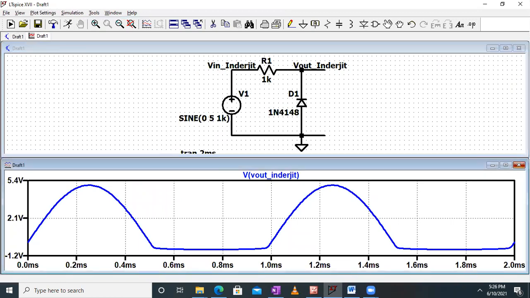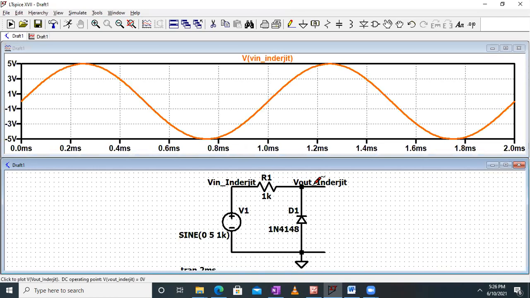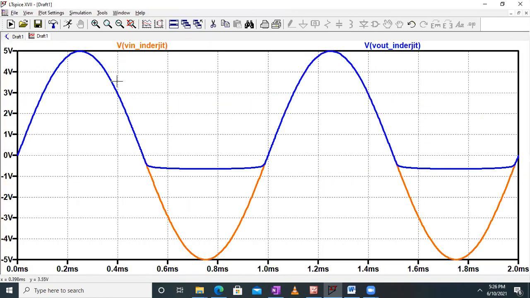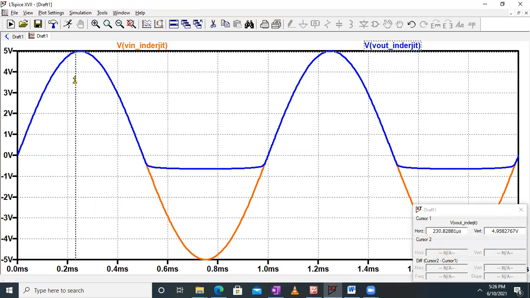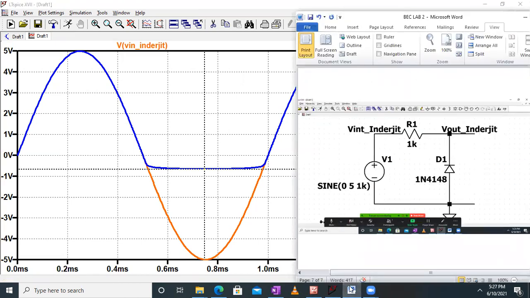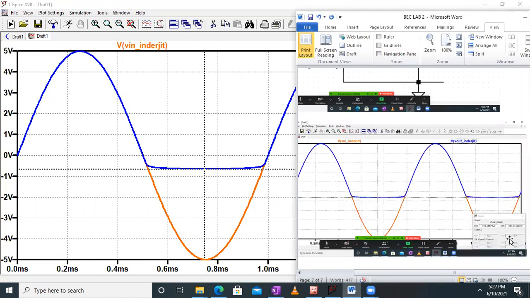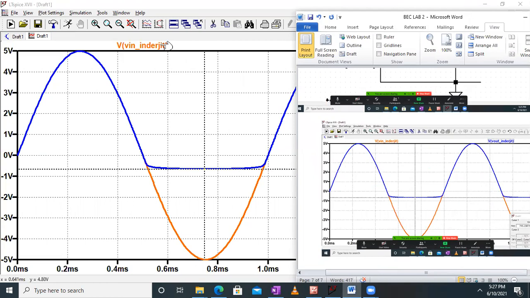So this is my V out. Let me simulate it quickly again. V in and V out. Okay, so I have to measure my input and output values in the positive half cycle. The output value is the same as my input value, that is 5 volts. There is no doubt about it. But here the value is around 653 millivolts. So when you take the print screen, you can take the cursor over here and then take the print screen. This way, whenever you write the reading in the table, it will be automatically recorded over here. Okay, this is one technique.